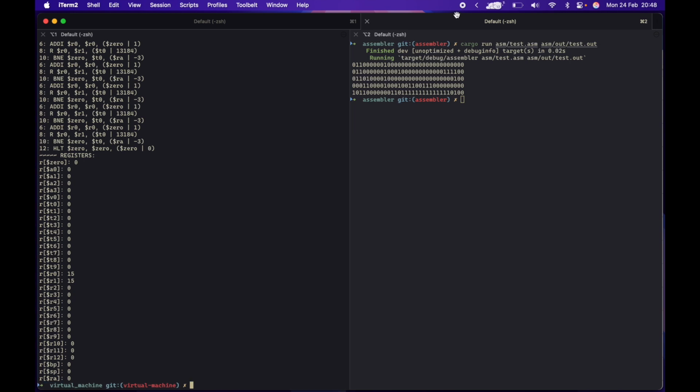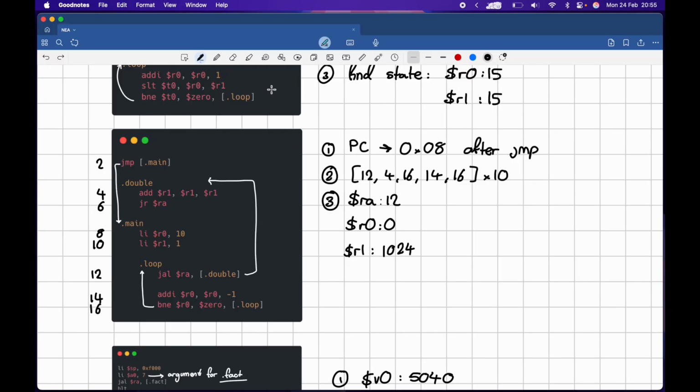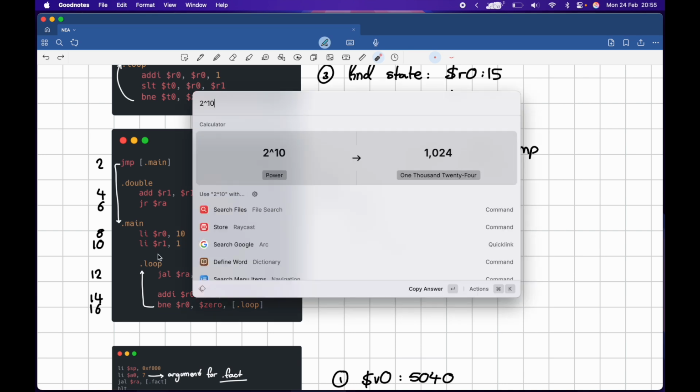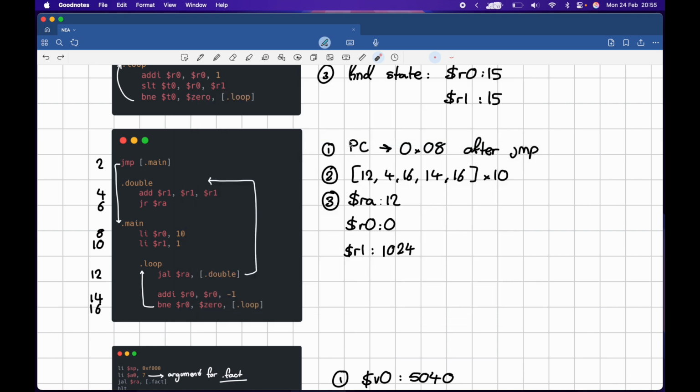you'd expect to see. Next I'll be running the program we compiled second that effectively doubles the number in R1 10 times, or adds it to itself 10 times, meaning the result should be 2 to the power of 10, or 1024. On the right, I've got a few things to look out for to show this program is executing